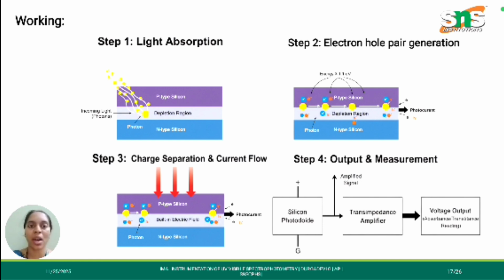Then after that there will be charge separation and current flow. So now the electrons are moved to another place. That place will hold a negative charge, but its electron hole will be positively charged. So that negative electron and the electron hole pair will be separated. And then finally, output and measurement. As there is a difference in distance between this positive electron hole and the negative electrons, this movement causes the flow of current, and